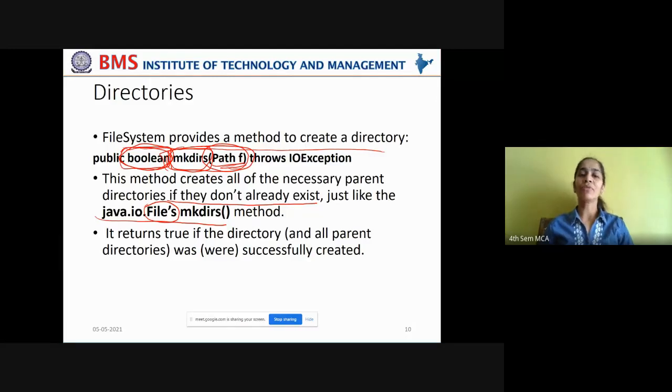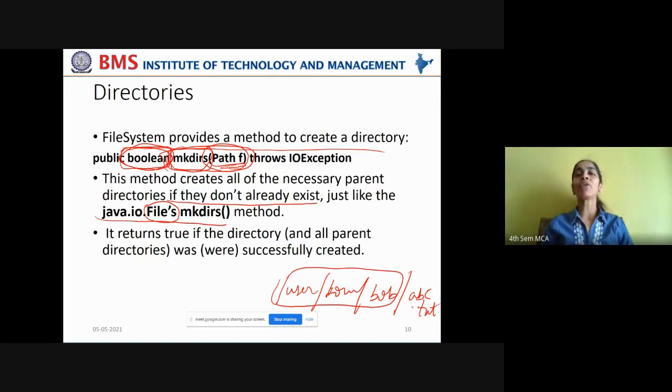In the same way, under FileSystem also, you have this mkdirs method which creates all the necessary parent directories if they don't exist. So if you give a path /user/Tom/Bob/abc.txt, all these necessary parent directories will be automatically created if they don't exist.